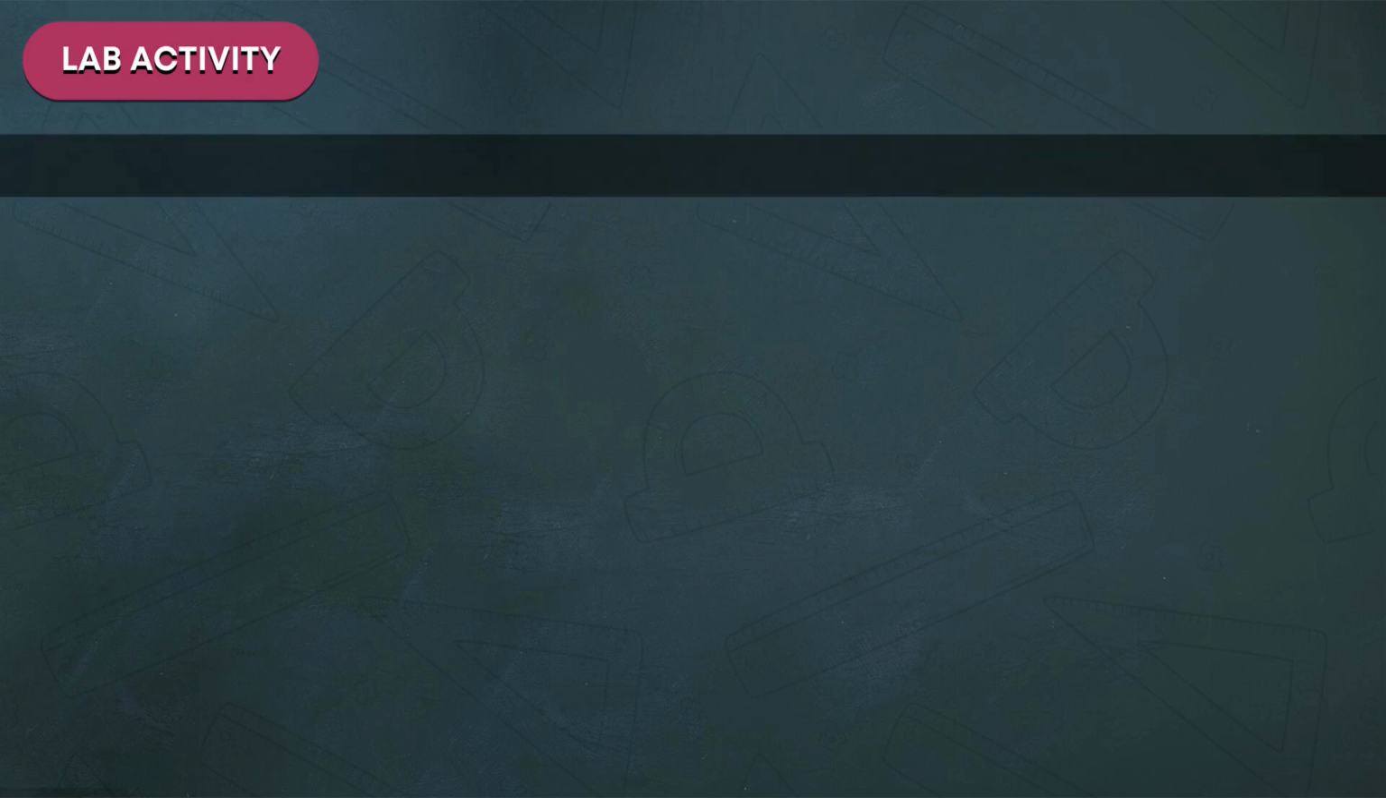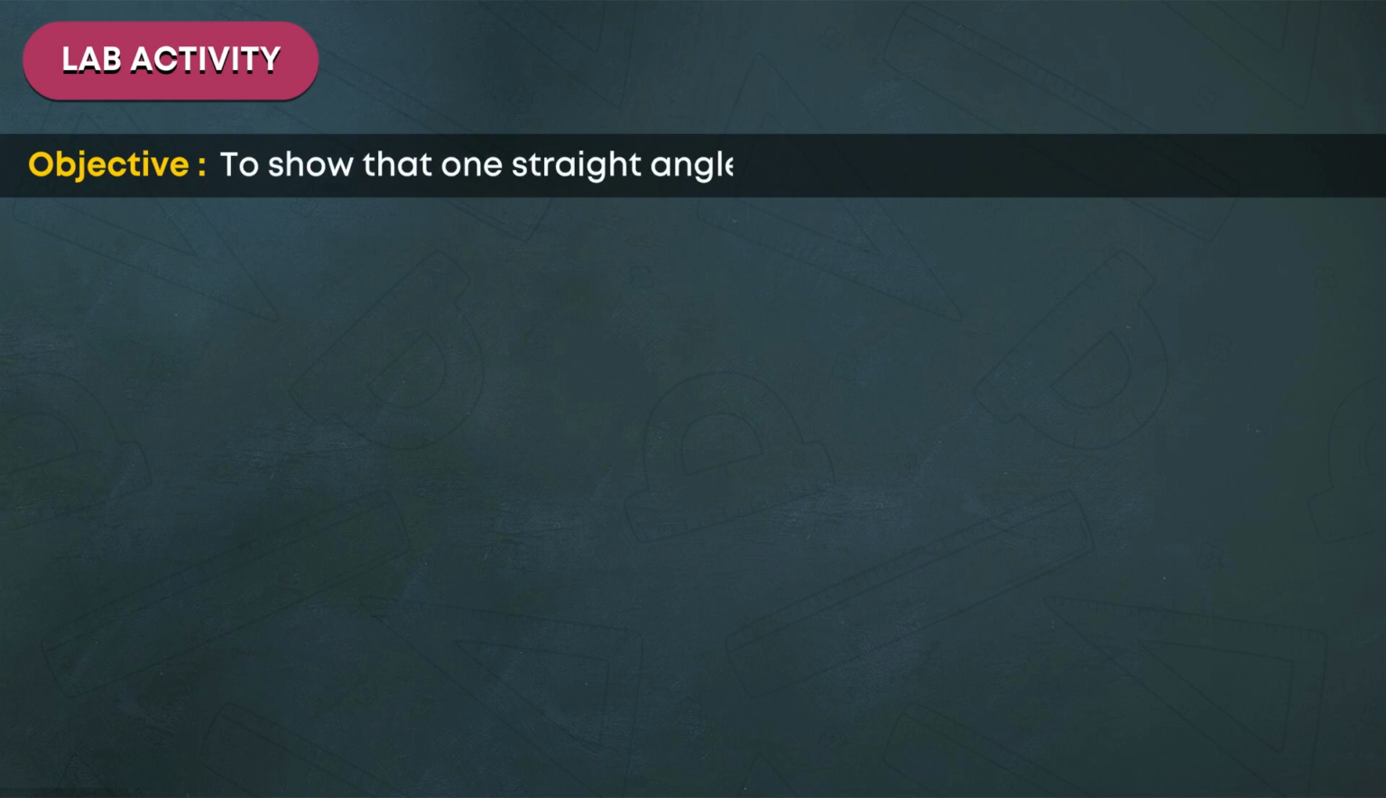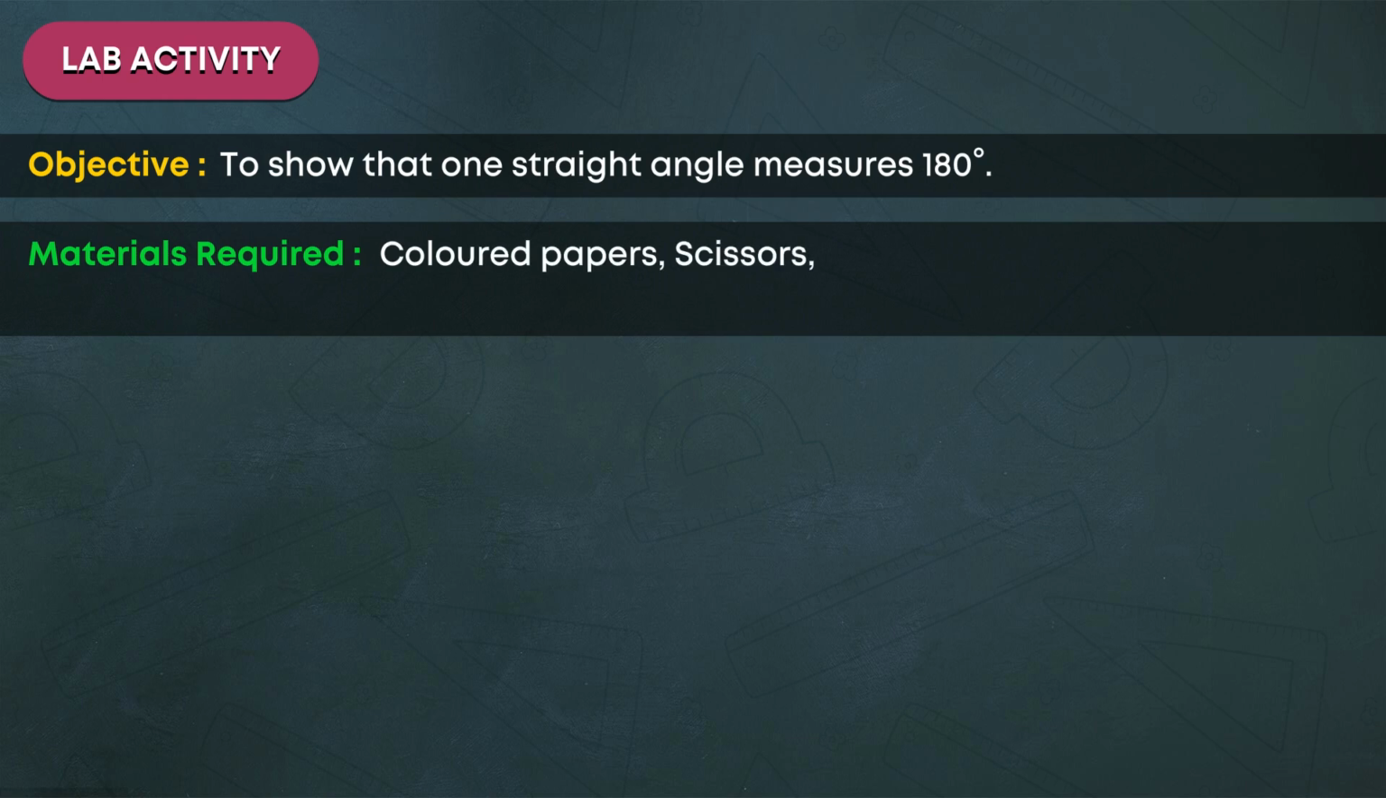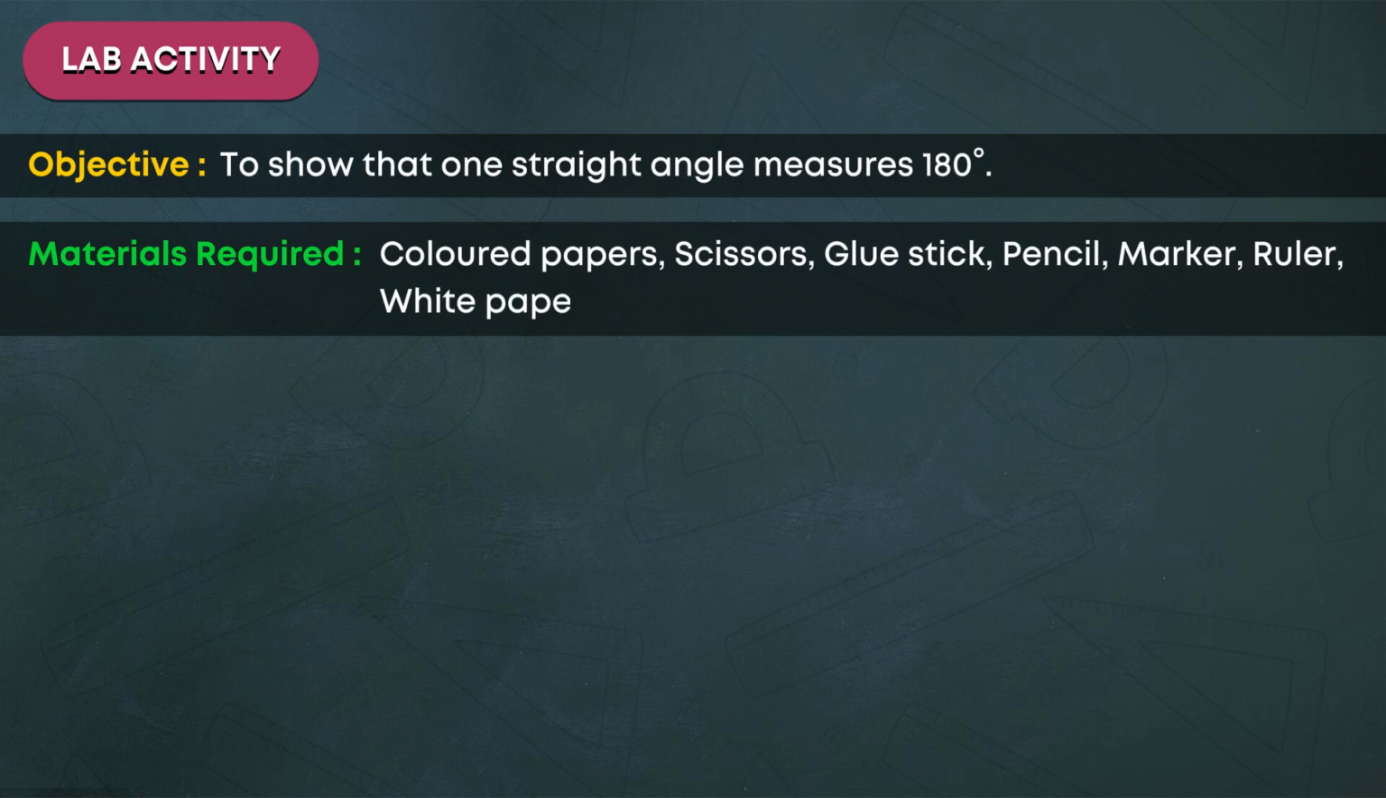Lab activity. Objective: to show that one straight angle measures 180 degrees. Materials required: colored papers, scissors, glue stick, pencil, marker, ruler, white paper sheet. Procedure: